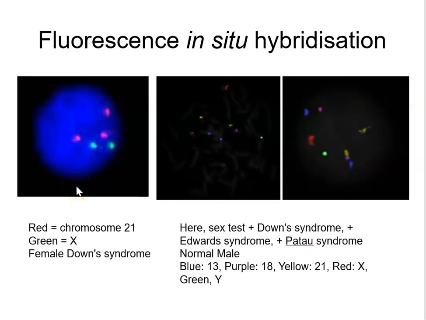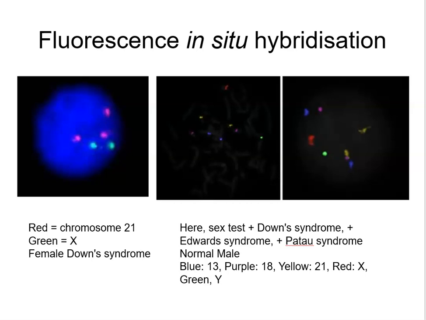all mingled up together. What we do is, with that cell that's stuck to a microscope slide, the DNA is being denatured. We've applied our probes, in this case a red probe that recognises the centromere of chromosome 21 and a green probe that recognises the X chromosome, and what we can see is that this is a female Down syndrome case. What we can also do is combine this with multicolour fluorescence in situ hybridization, so use multiple probe